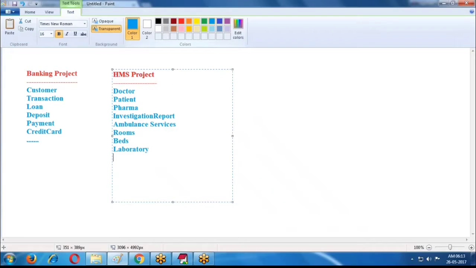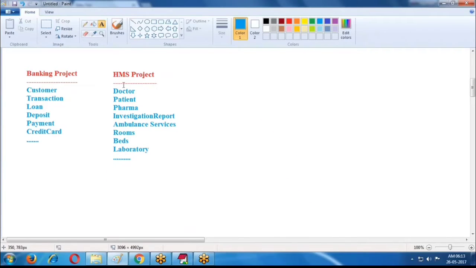Like this, we create n number of objects. These objects are related to bank and hospital management system.